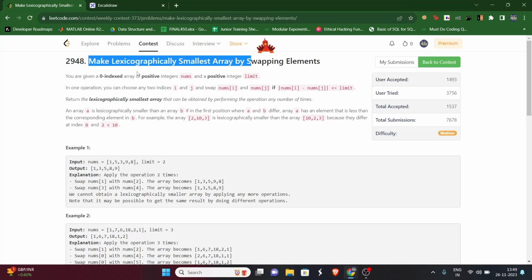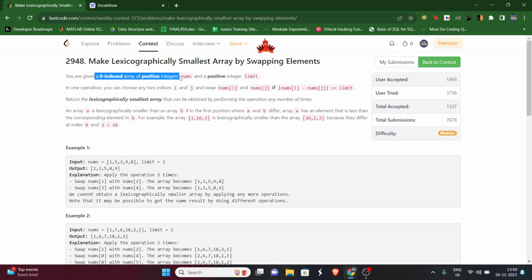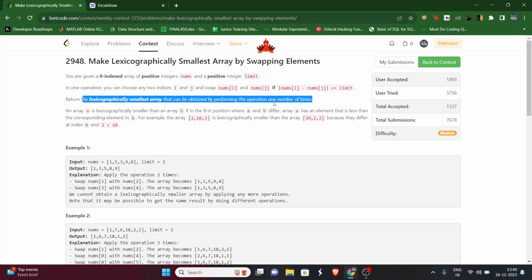Cool. So what the question says is that you will be given a zero-indexed array of positive integers and a positive integer limit. So basically we will have one array and one number, limit. Now, what can we do? There is one operation defined. In that operation, we can pick any two indices and swap their values only if the difference between those values is less than or equal to limit. And now it says to return the lexicographically smallest array that can be obtained by performing the above operation